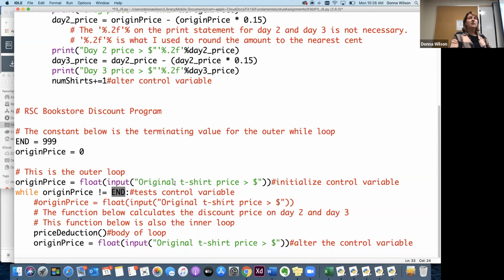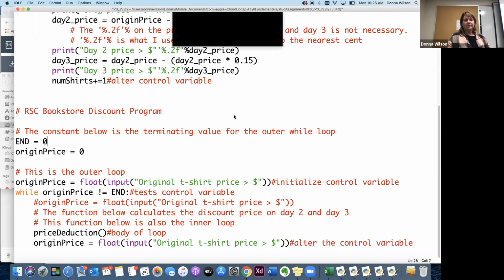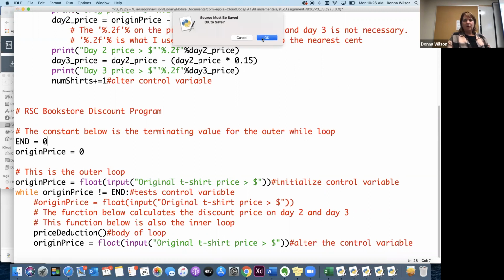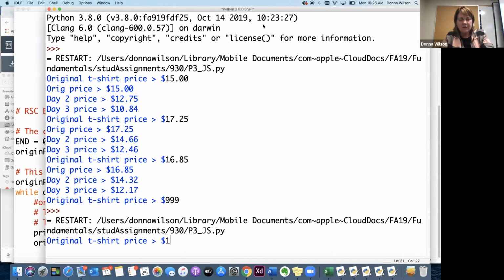Okay. So if I tell you the loop will end at 0 when the dollar amount is 0. So that one is a little different than all nines, but it's still a sentinel controlled, right? Whenever you put a 0 t-shirt price in. So if I wanted that to be the case, then I'd have to change that to 0. And you could never enter a $0 amount. So here, if I say 15,